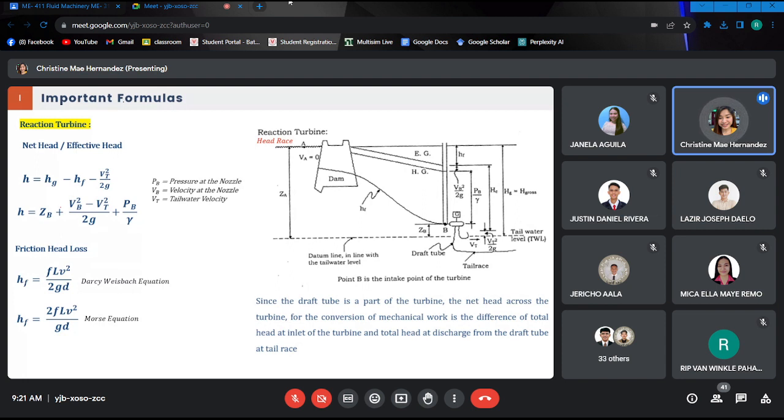So reaction turbine, in this turbine blades naman, it is designed in such a way that force is generated on the side when water flows through it like an airfoil. So the force produced by the water is responsible for the lift and makes the blade rotate. Okay, then